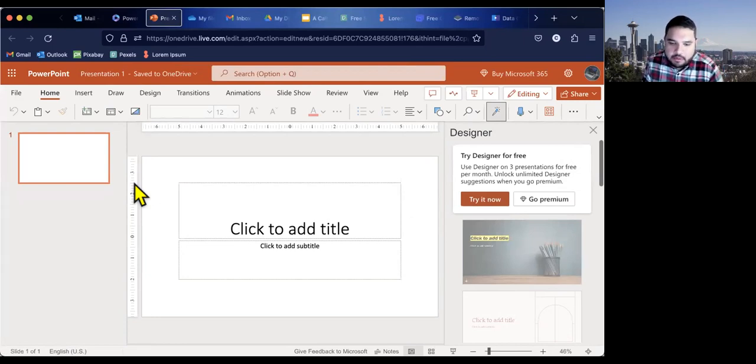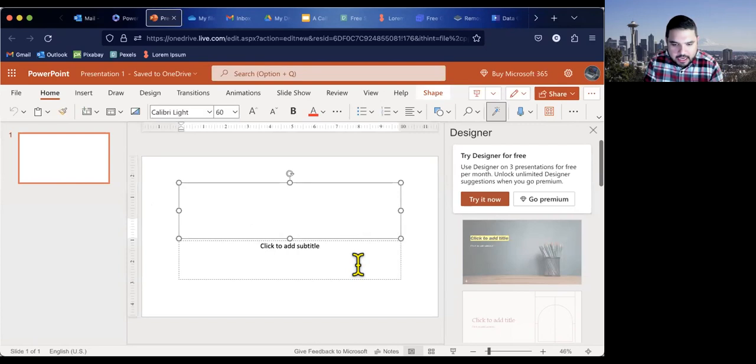So for this example, I'm going to just do a presentation on tiger conservation. I'm really passionate about tigers, and I just really love that animal. So it's more like a passion project for me. When I get something assigned to me from work, I can apply what I'm experimenting with here to my regular work. So I'm going to go ahead and type here on the title page, "Save a Tiger."